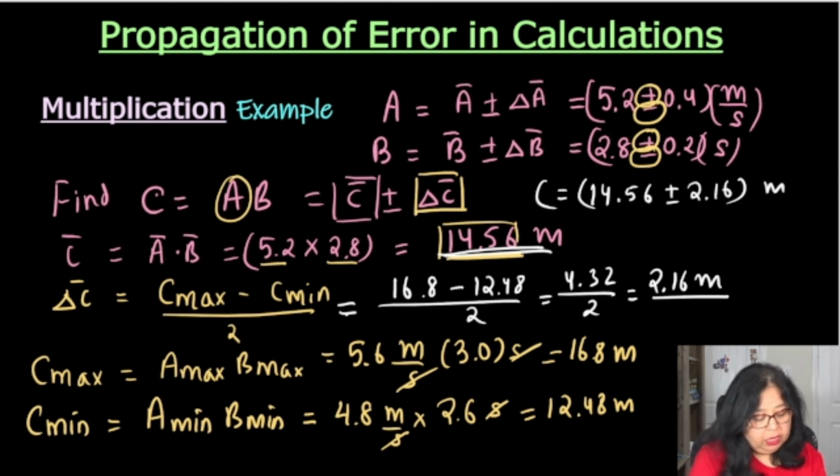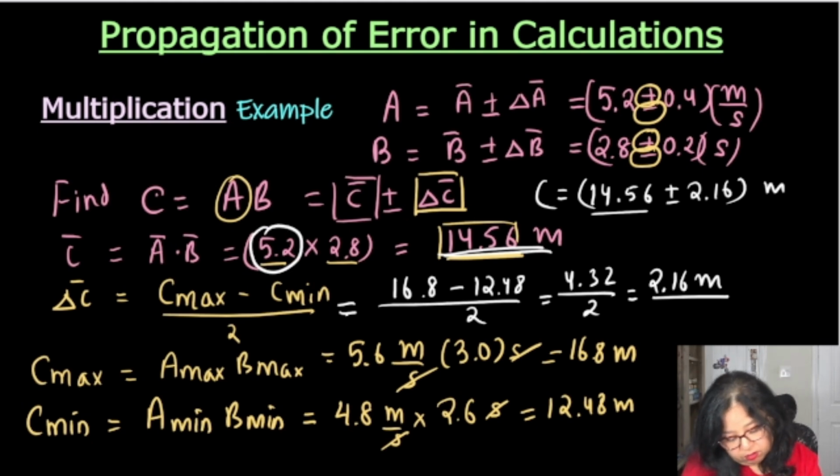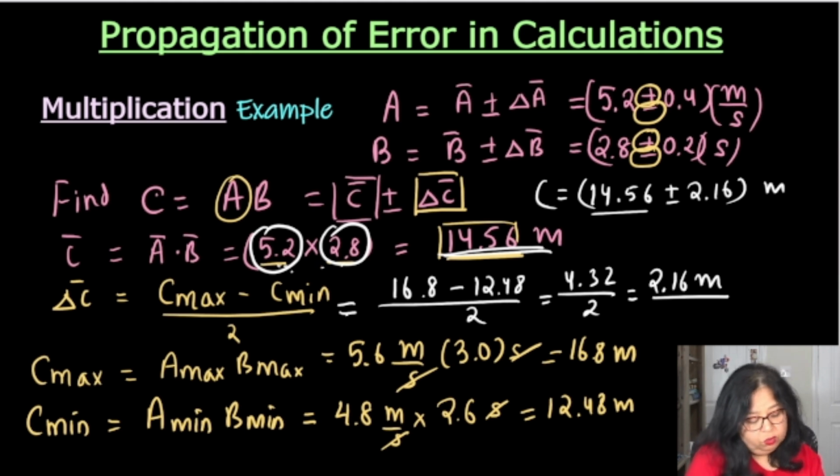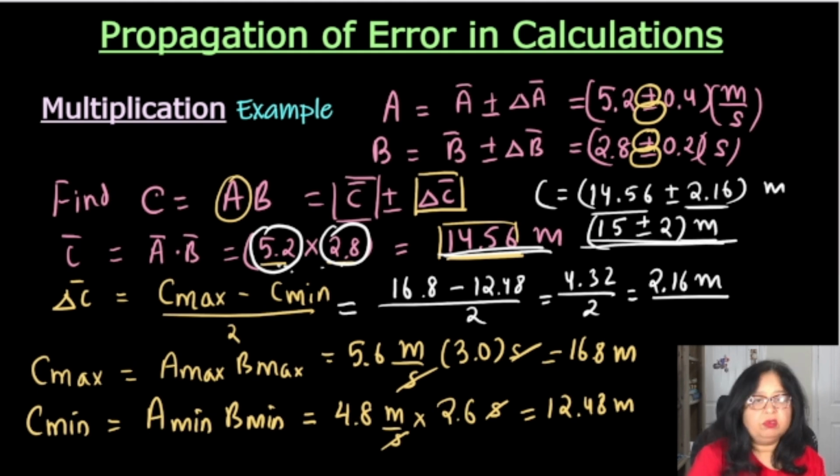However, this number must round off to 2 sig figs because the least number of sig figs in the numbers being multiplied is 2. So this becomes 15 plus or minus. The uncertainty must round off to a number that has nothing after the decimal. So that will be just 2 meters. That's your answer. On this slide, I have shown you explicitly in detail how to find uncertainty when two measured